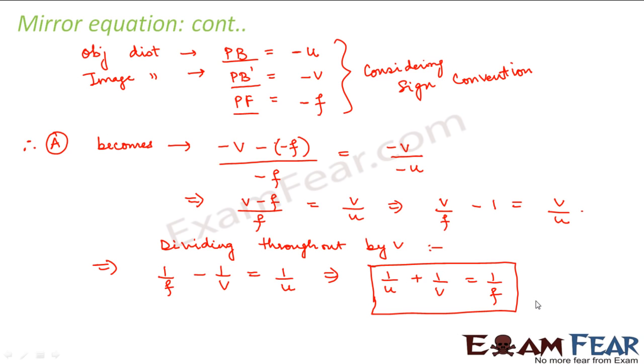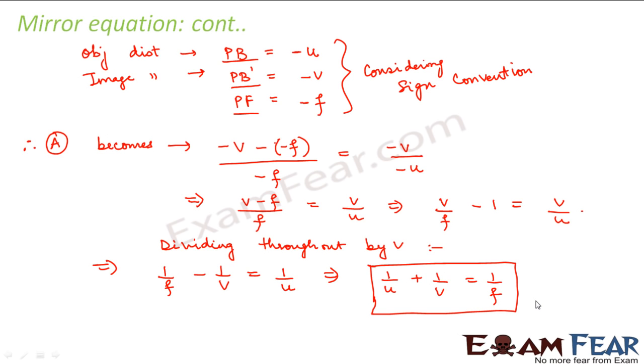Now using this equation you can see that if an object is located at some distance u from the pole of the concave mirror, and the mirror has a focal length of f, then the image will be formed at a distance v from the pole of the concave mirror. So this is how, with the help of this equation, you can find out the position at which the image will be formed, if you know the position of the object and the focal length of the mirror. So now you understand the significance of the mirror equation.